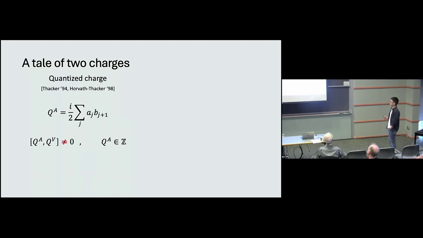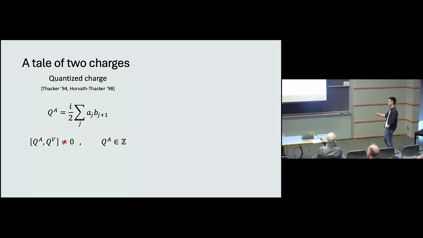All right. So we spent a lot of time talking about this axial charge that has quantized eigenvalue, but it doesn't commute with the vector charge. We spent a lot of time trying to find whether in the literature people have talked about this. After a while, we found this paper by Thacker 30 years ago, which mentioned this charge very, very briefly at the end of the paper. That paper had 2 citations when we found it. Now it has 3. And both citations were self-citations. So this was really a paper that by all definitions was forgotten in the literature.